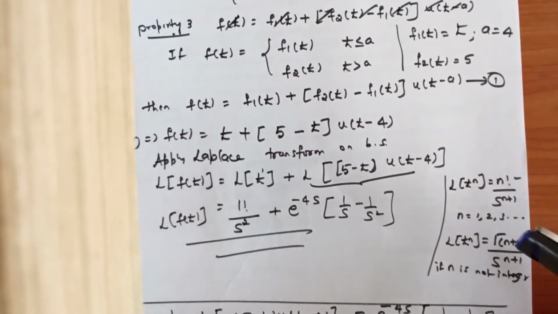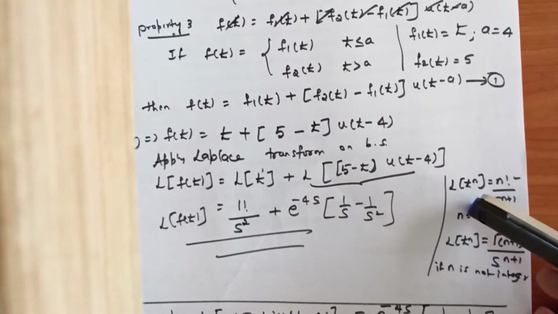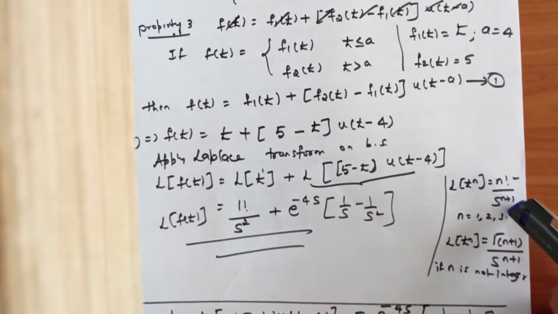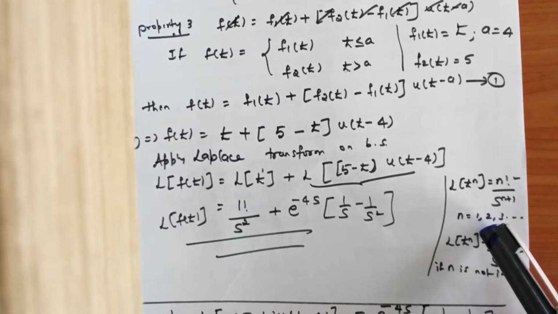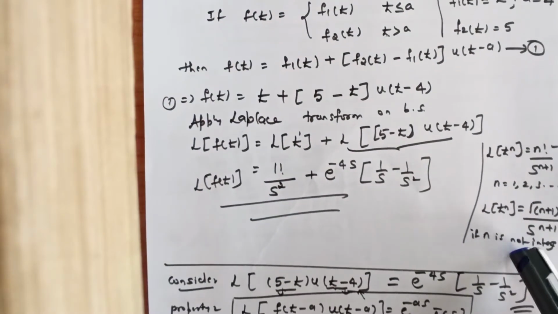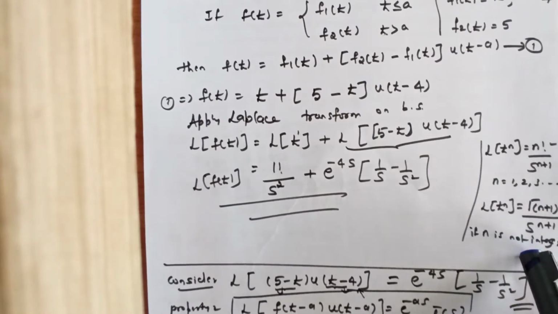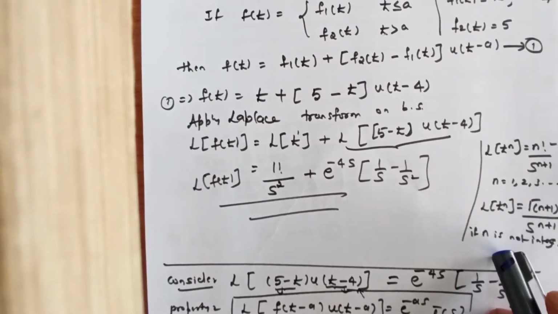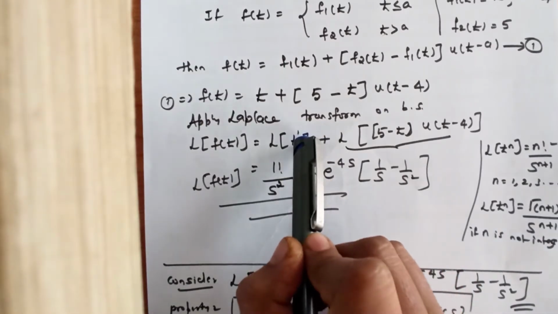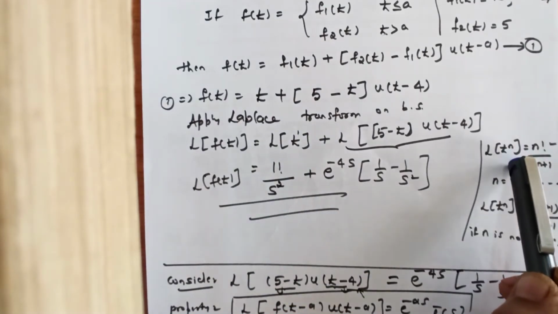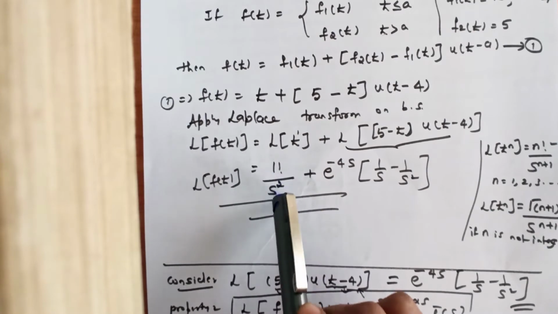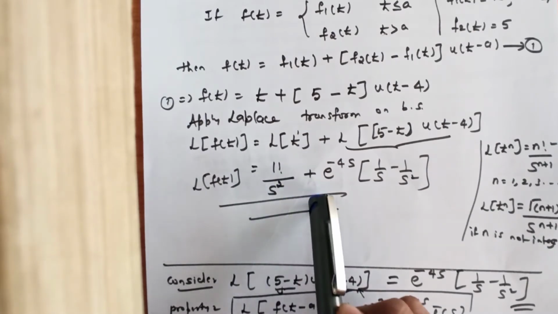We have two formulas for Laplace transform of t power n. We have to use this formula when n is an integer, that is 1, 2, 3 and so on, and the other formula when n is not an integer, when instead of an integer you have some fraction or something else. Here in the problem, n is equal to 1. Therefore, substitute n as 1 in this formula. So we have 1 factorial by s power of 1 plus 1, which is s square, plus